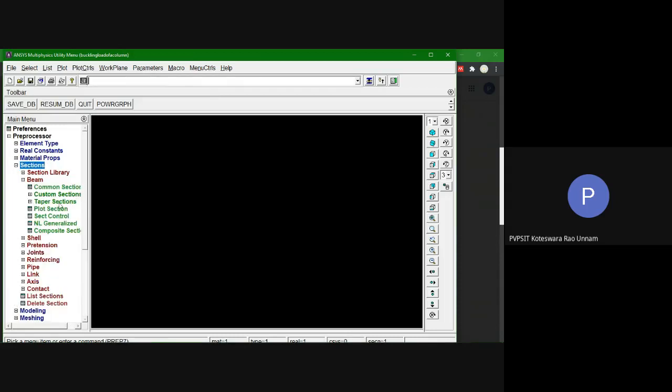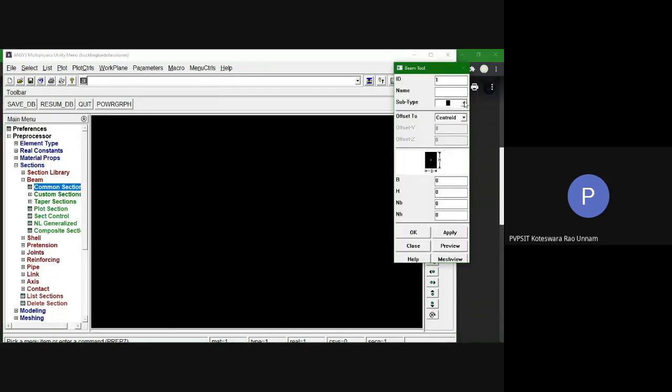Then we need to define the sections. It is given as a hollow circular cross section, so here I need to select hollow circular cross section. Then it is asking for the radius Ri, Ro. Ri is the inner radius. The inside diameter is given as 4 centimeters, so the radius is 2 centimeters. If I convert that into meters, it is 2 e minus 2.